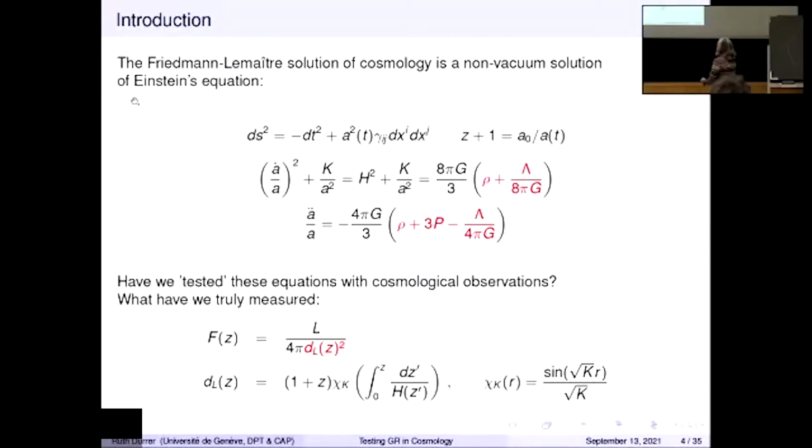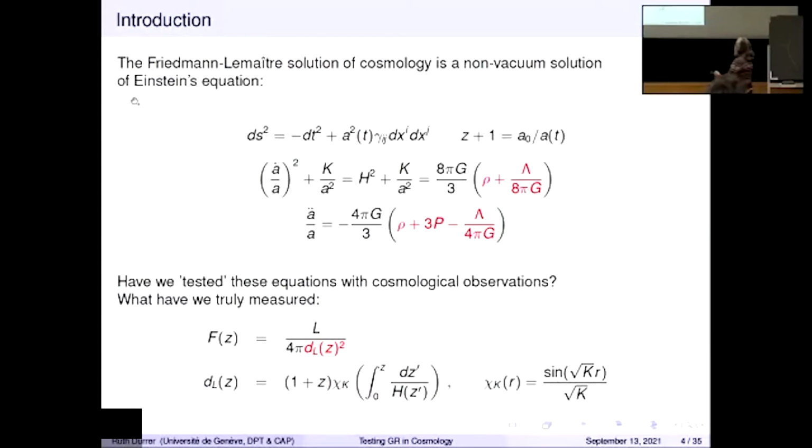It's given by this expression where chi here is the sinus with the curvature. If curvature is 0, you have just to take the limit, and then this chi function is just equal to r. Otherwise, it's this. If curvature is negative, this square root here becomes imaginary, but the ratio is still real. So it's always this function which can easily be calculated, and it depends, as you see, on H of z.